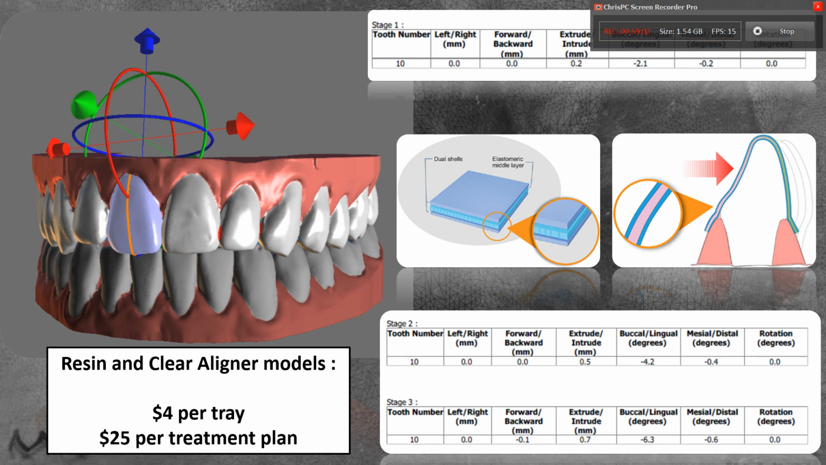But one cost point to think of is, okay, well, how much is this going to cost versus sending it off to a lab for a limited Invisalign or ClearCorrect or some other clear aligner therapy? How much is this going to cost me in my office? Well, it's going to cost you about $4 to $6 per tray and about $25 for the treatment plan using